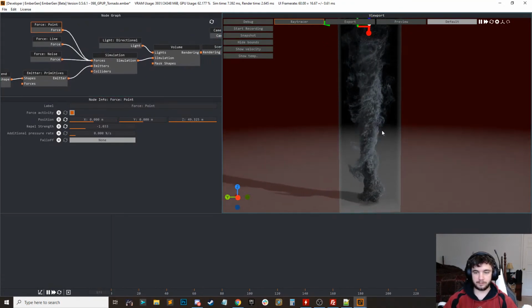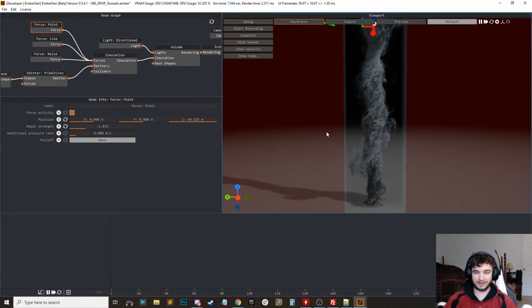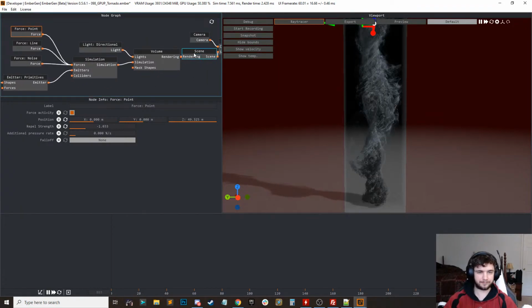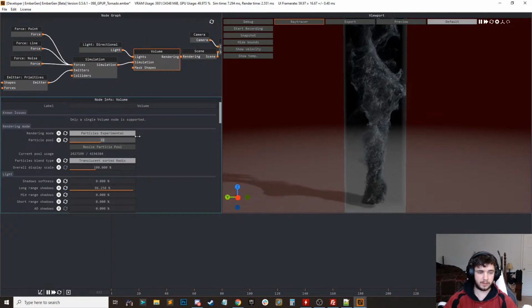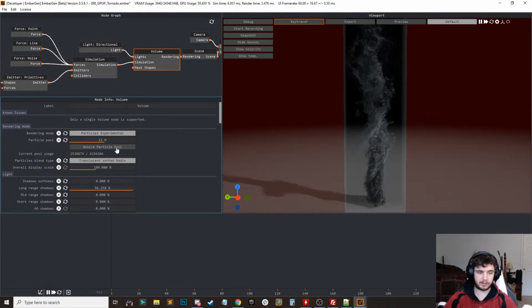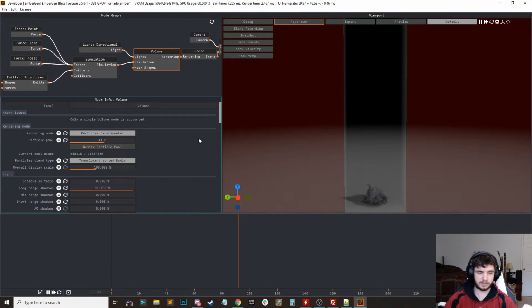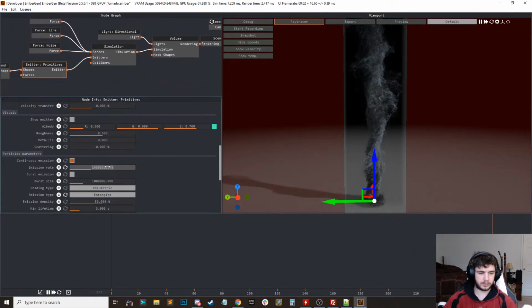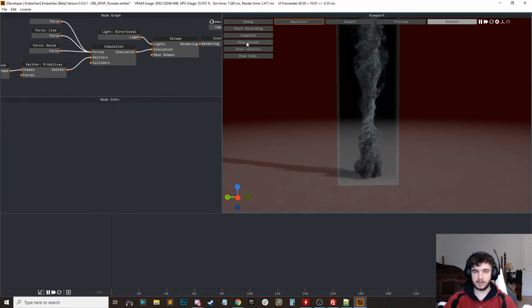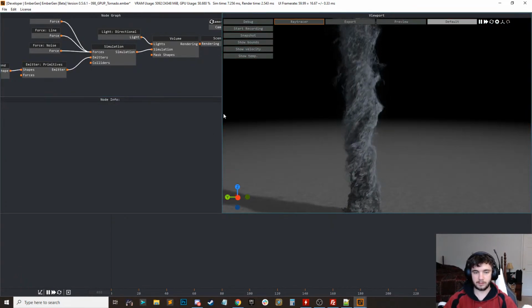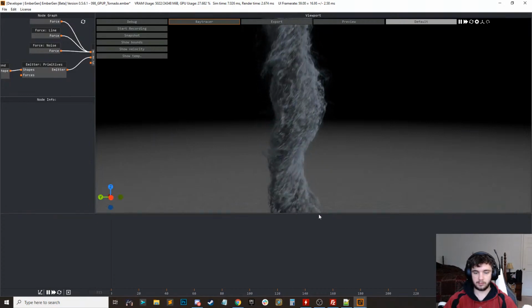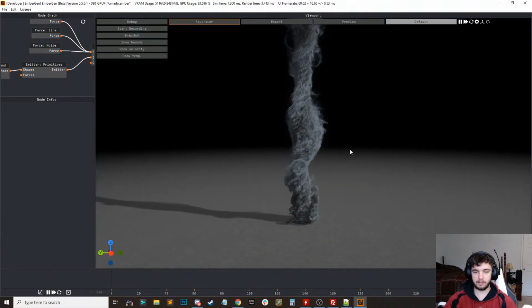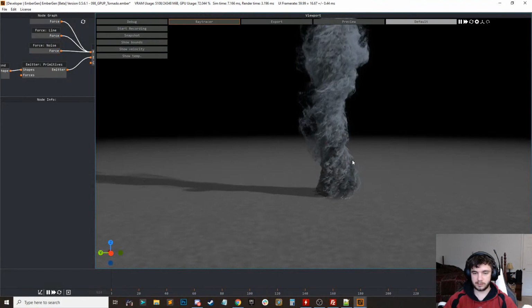And then what we're going to do is increase our particle count. So we're going to go into the volume and increase our pool to maybe like 11 million. So let's go ahead and resize the particle pool. And then inside of our emitter, we're going to change this and boost that number way up. And so now we've got this, let's see. We'll go ahead and pull this out so that it's bigger. And so we've got this really nifty